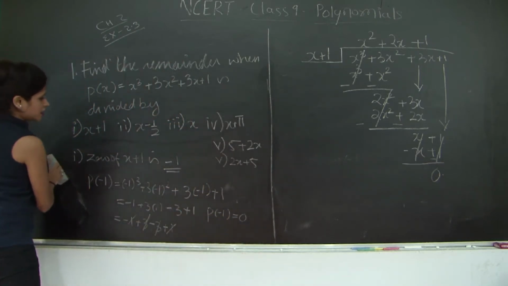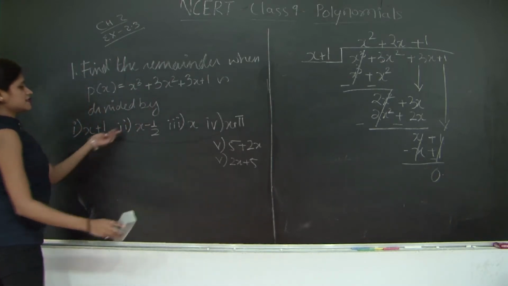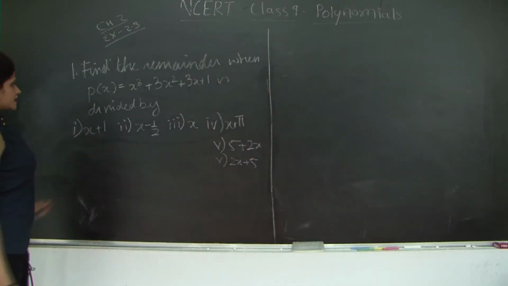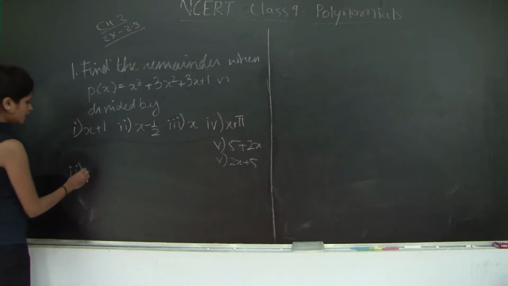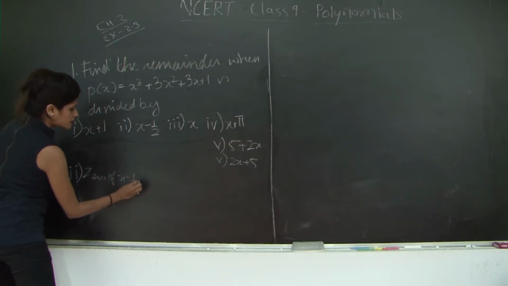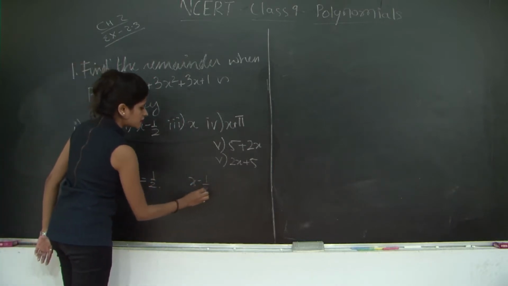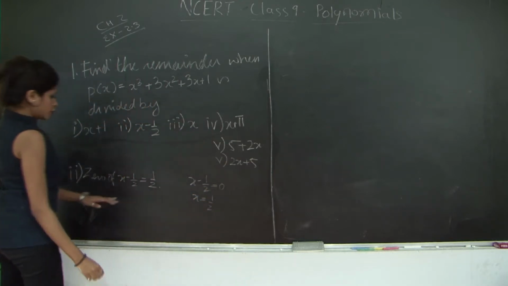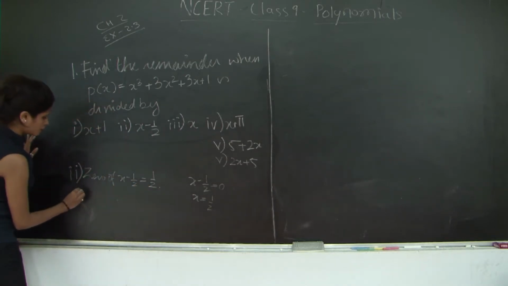Okay. Now I am going to solve the second sum. It's actually the first sum itself, but the sub question. Now let's see for the divisor as x minus 1 upon 2 using the remainder theorem. x minus half is equal to 0, therefore x is equal to half, right? So I am going to substitute the value of x as half into this polynomial. So p of half